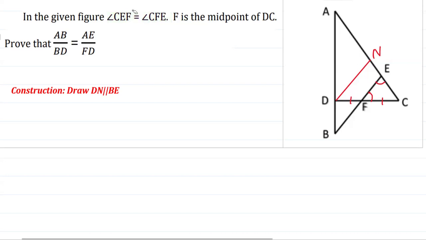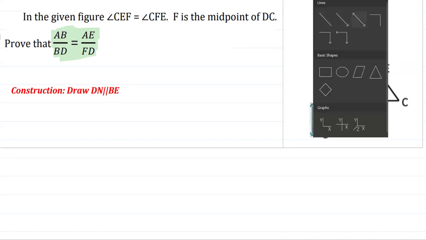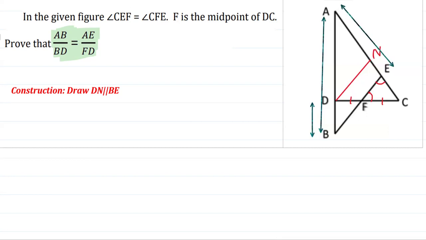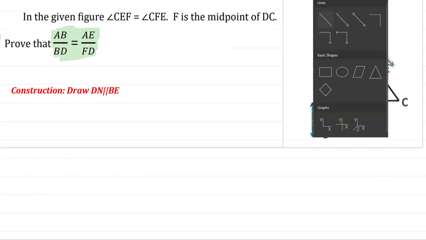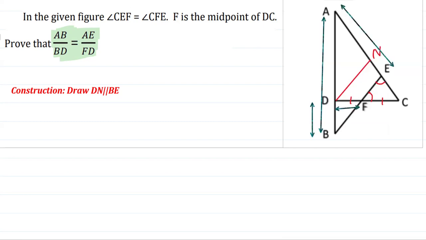Now let's emphasize the part. What we need to prove here is this. That is, if you look into the figure, AB over BD, this part is BD, is equal to AE over FD, and FD is this. Now, ignoring this FD part, we can realize that it can be proved equal if